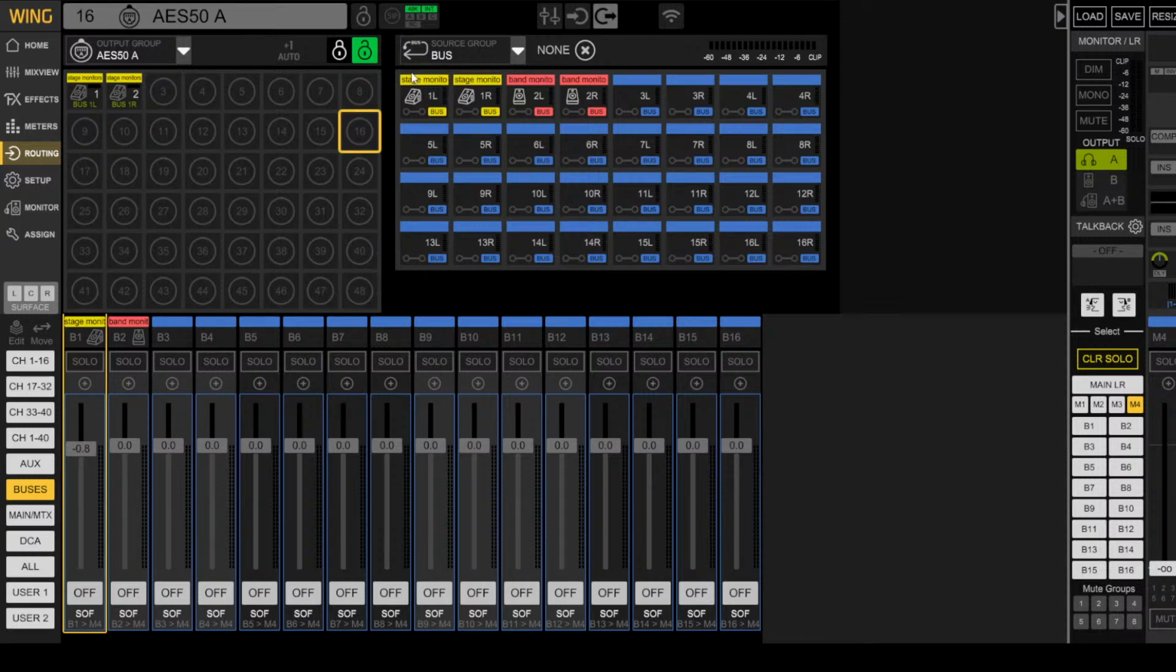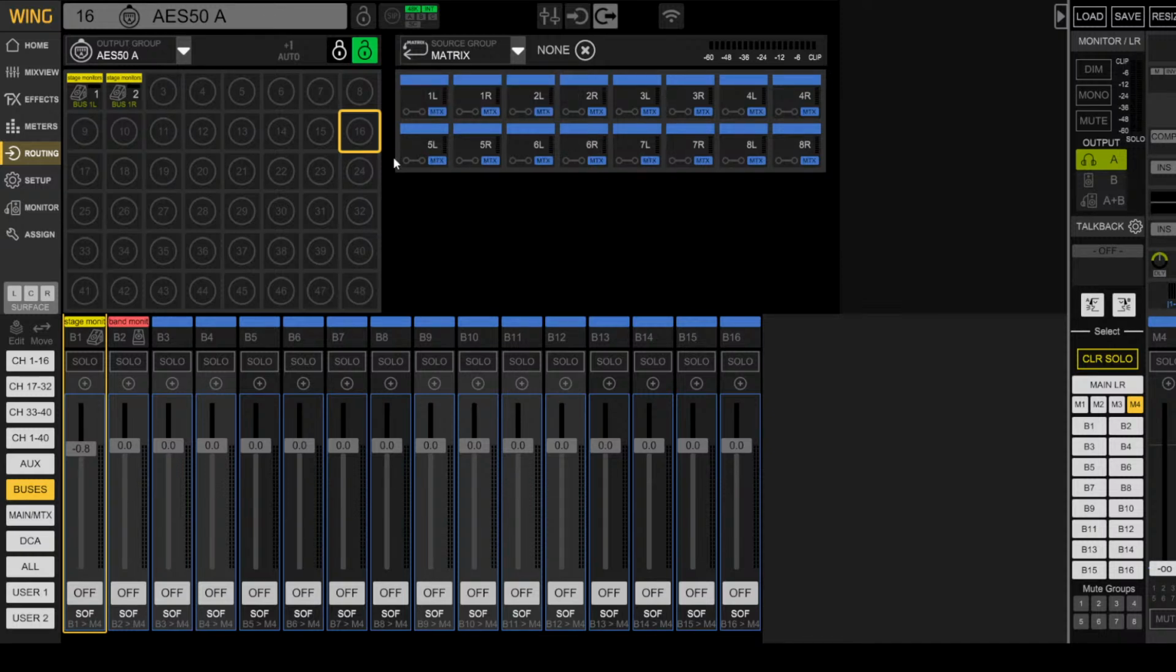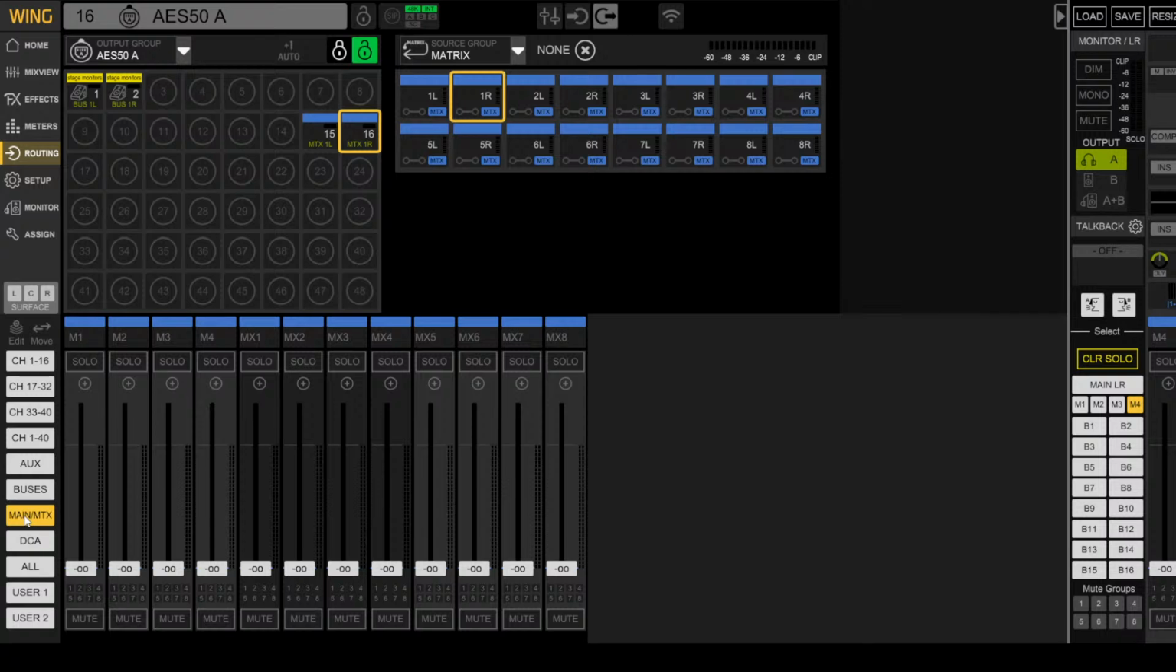Now, where are we taking our main from? We are taking it from the matrix, all right? So our main will come from matrix 1 and 2. Matrix 1 left will take 15, matrix 1 right will take 16. That means when you come to the matrix section on the board, matrix 1 will control the FOH